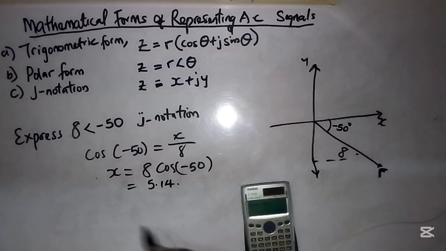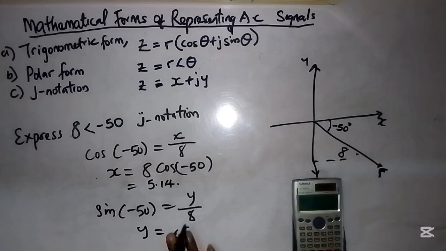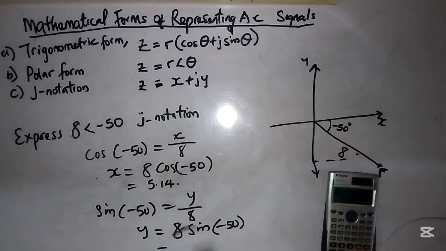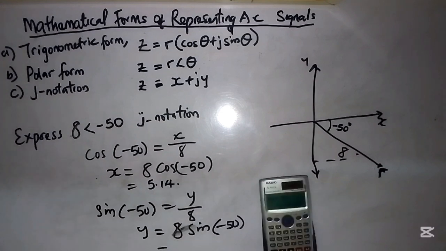Also, to get our y, which is this part of it, we can also form the expression using sine, which is sine of minus 50 is the same thing as y all over 8, and our y is equal to 8 sine minus 50. So we now type out 8 sine minus 50 and get the value as